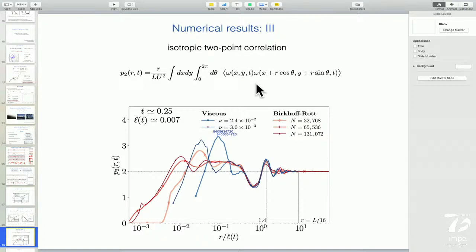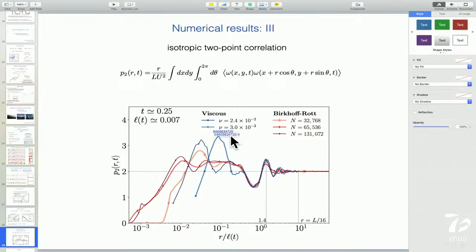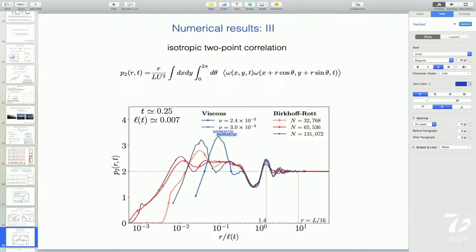It's a function that measures the relative values of vorticity at two distant points. And what you can see is that whenever you decrease viscosity,